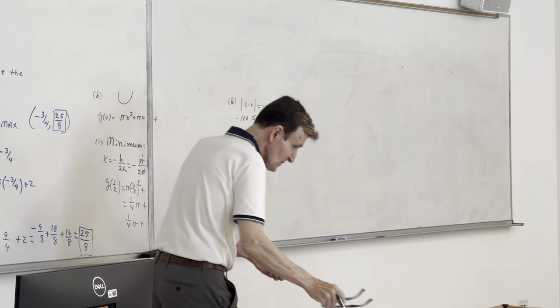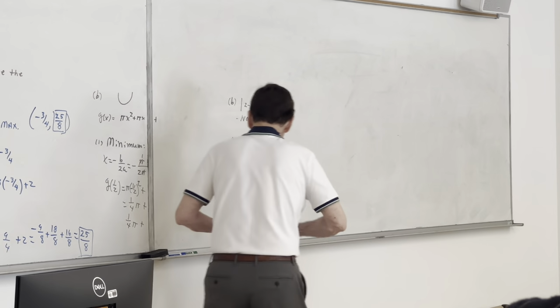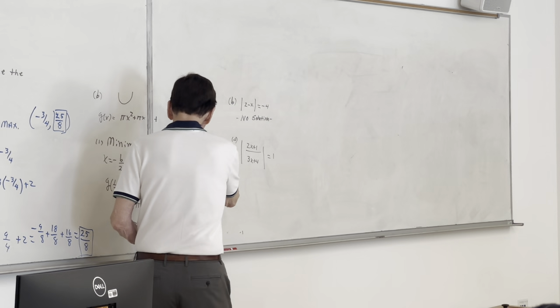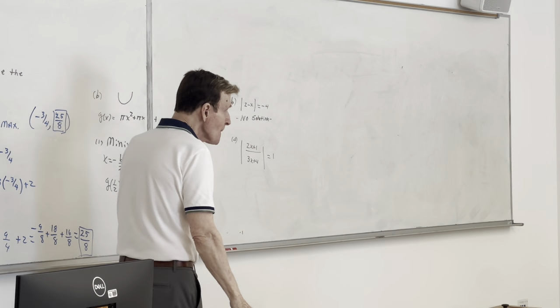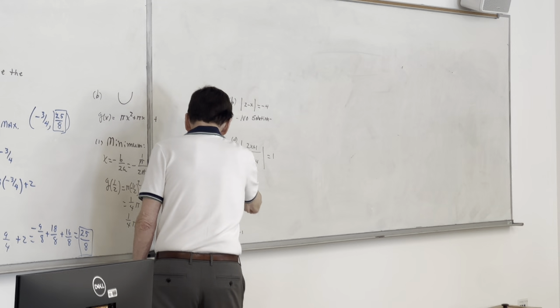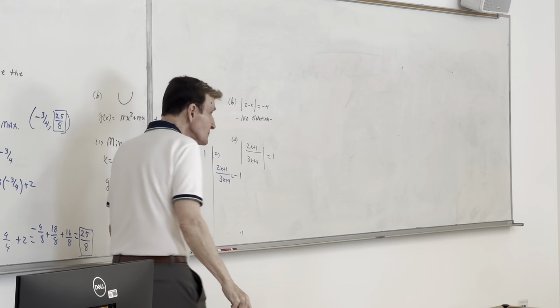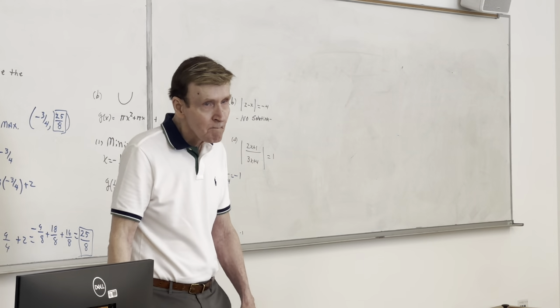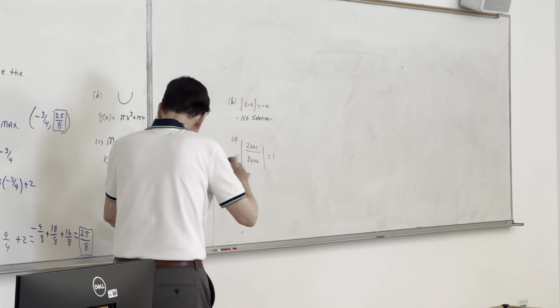When I set this up, it looks a little strange. It's going to look like this: 2x plus 1 over 3x plus 4 is equal to 1, or 2x plus 1 over 3x plus 4 could also equal negative 1. It's doable, can be done. Now let's do it. Guys, on the first one, to solve this equation, I would